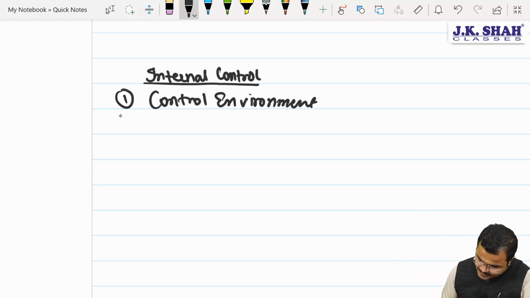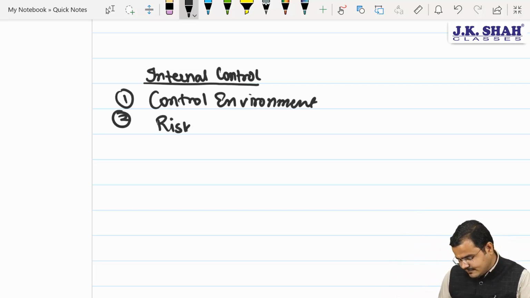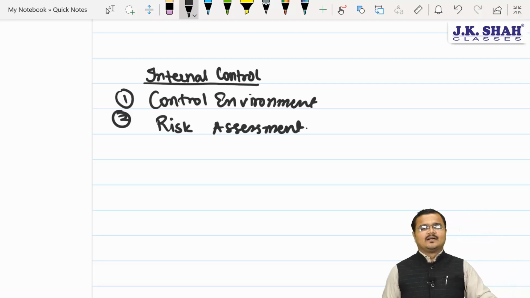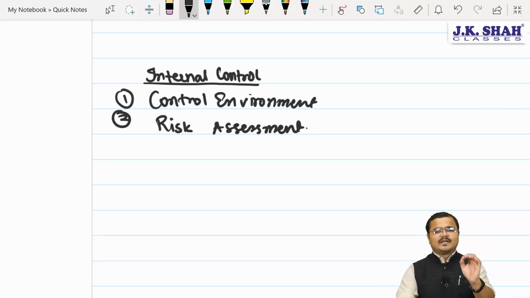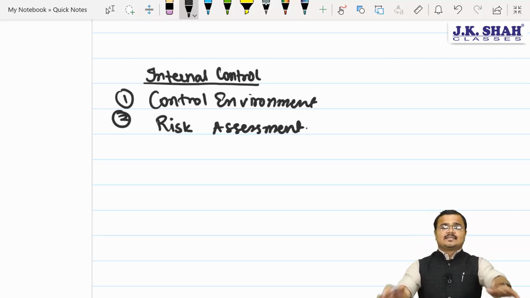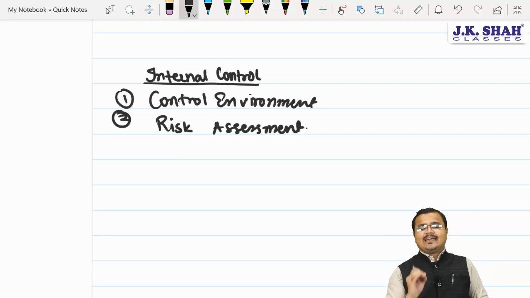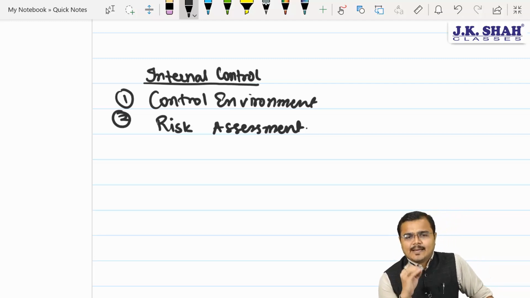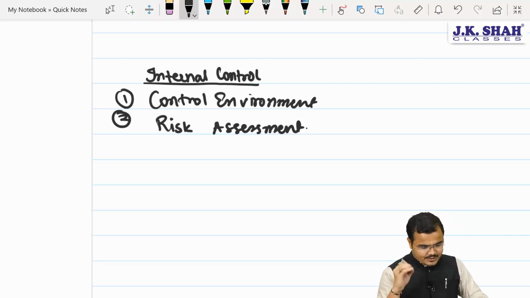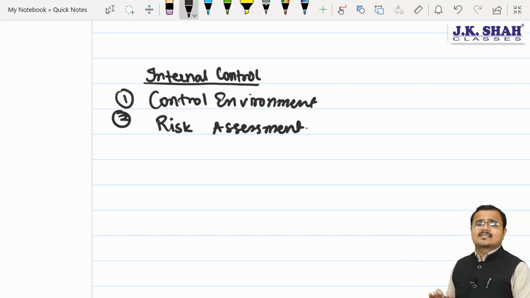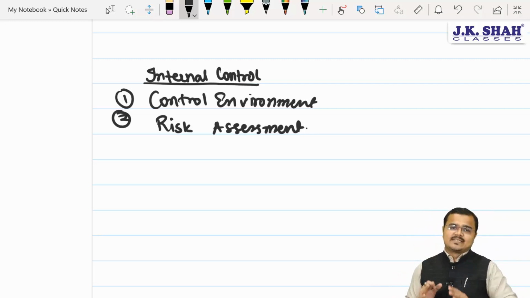Yes sir. For number 2, we know very clearly that we should have the risk assessment team. What do you mean by risk assessment, Chartered? Sir, risk assessment refers to a very simple thing. It is a team which determines all the possible future risks as well as their impact which may occur in the future. Agree, Chartered? Yes sir. Identifying the risk and understanding its impact will definitely help you to design the best controls. So it is very important that we should have a proper what? Sir, a risk assessment team, a risk assessment management system.